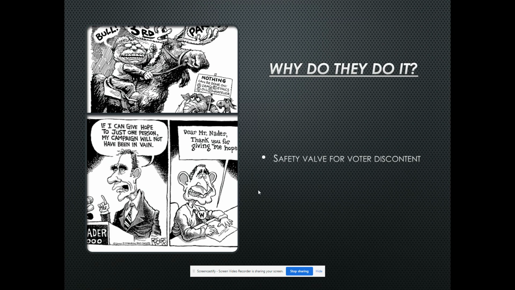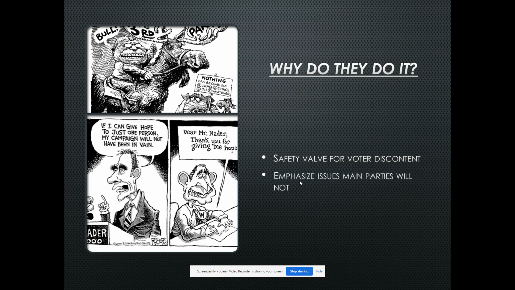What happens when you're dissatisfied with the two main parties? It's like Hekyll and Jekyll, candidate A, candidate B. I can't stand either. What do I do? The third party says, come vote for us. Come with us. We're a viable option. And you have seen that safety valve option. When you don't like those two main choices, you have potentially millions of voters going and supporting the third party candidates, and they have in recent history won millions of votes because people, frankly, were dissatisfied with the two main candidates.